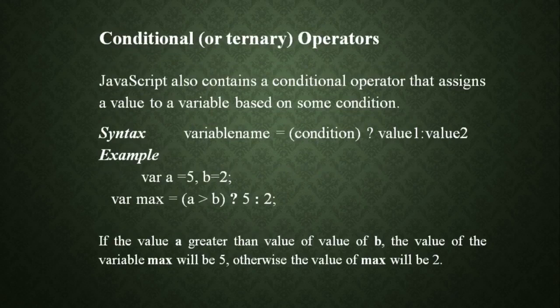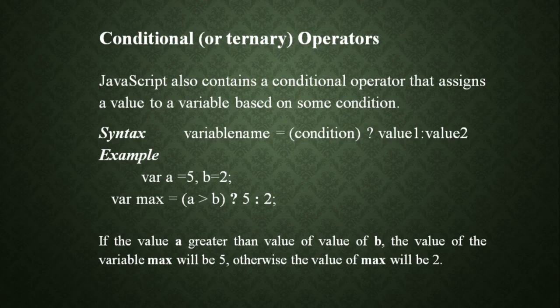Next type of operator is conditional operator. It is also called the ternary operator. This conditional operator assigns a value to the variable based on some condition. If you observe the syntax, variable name equals to condition question mark value 1 colon value 2. It means that if the condition is true, value 1 is evaluated. If the condition is false, value 2 is evaluated. For that, we are using ternary operator. The symbol that is used for ternary operator is question mark colon,